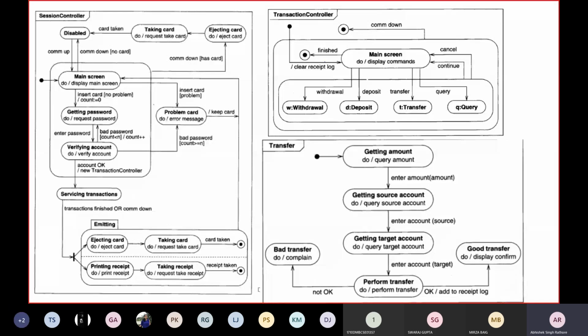For example, inserting your card in the ATM, and similarly inserting your password and inserting your coins, have similar behavior,